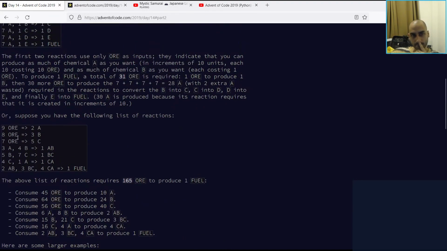So if we want 1A, we can use this formula here, but this gives 2A, and we're not allowed to halve it. So if we want 1A, we need 9 ore, that will produce 1A, and then we get 1 additional A. So either we go into fractions, we say if we want 1A, we need 4.5 ore, or we say